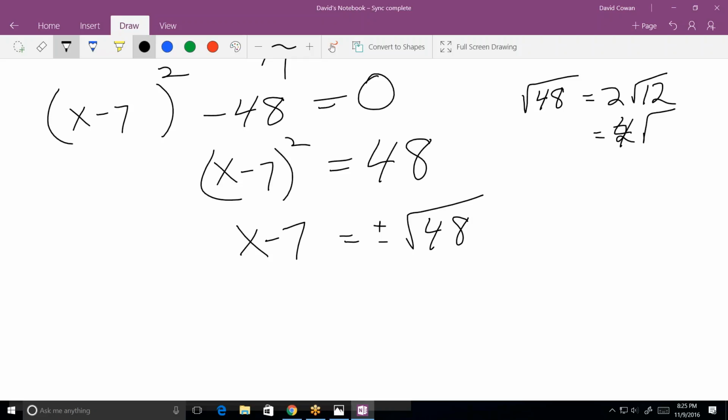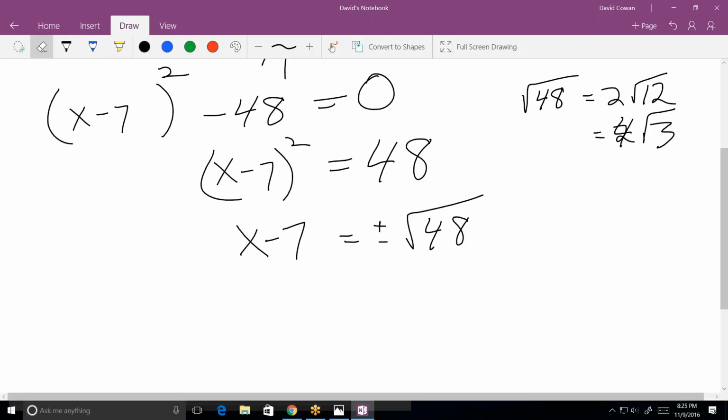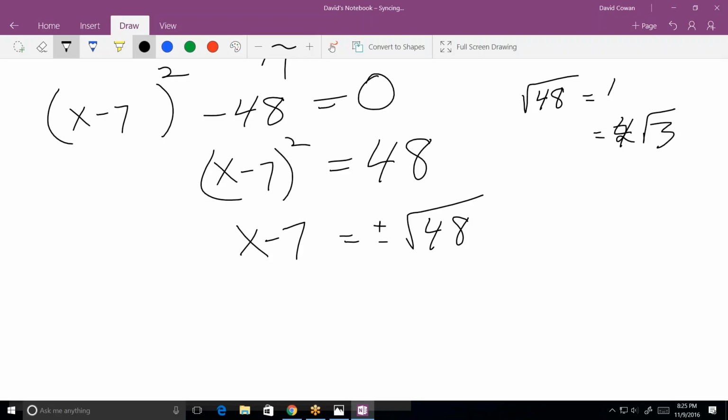Good. Notice we could have gotten there immediately had I noticed that 16 is a factor. In other words, it's 16 times the square root of 3. 3 times 16 is 48, and the square root of 16 becomes 4. So whenever you're reducing these radicals, the higher perfect square number you can find as a factor, the better off you are. You'll still solve it if you don't find it,